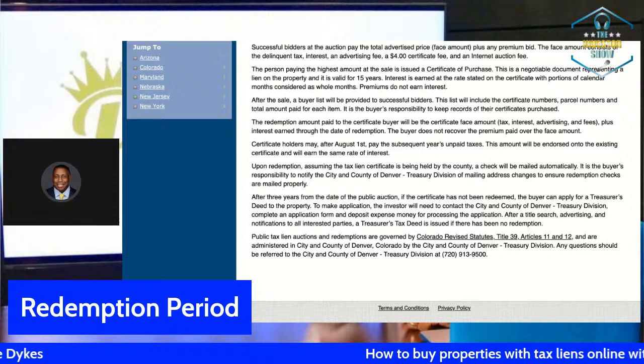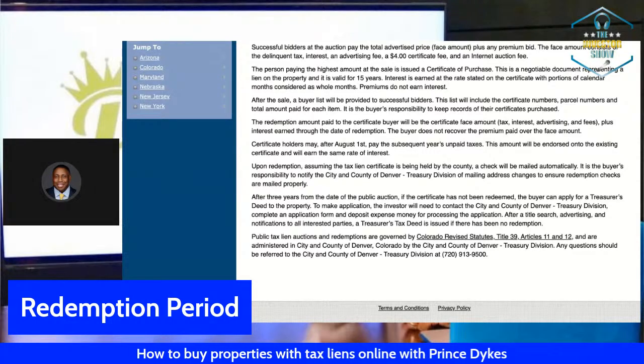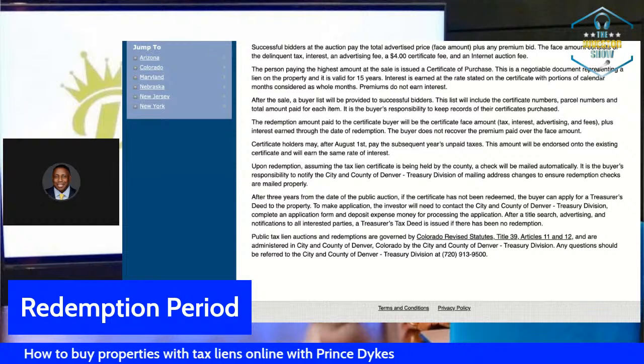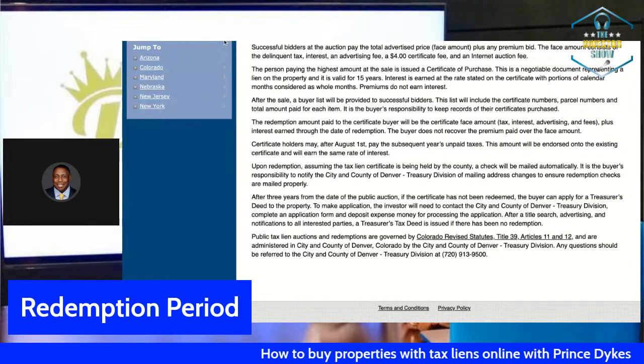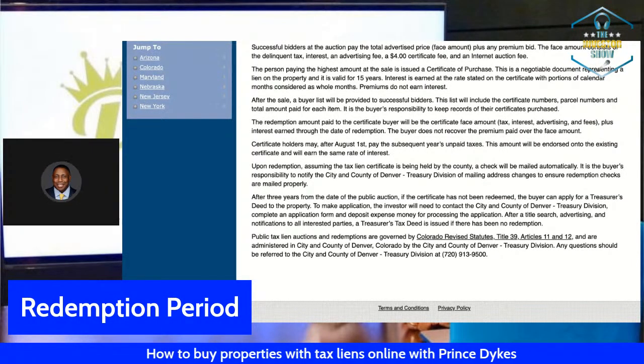So just because you buy a tax lien doesn't mean you automatically get the land. You have to wait until the redemption period expires. Once the redemption period expires, you can file. Now, some people may know some Jedi mind trick behind that. They may. Good on them. I don't know that, at least not yet. So essentially, there you go.